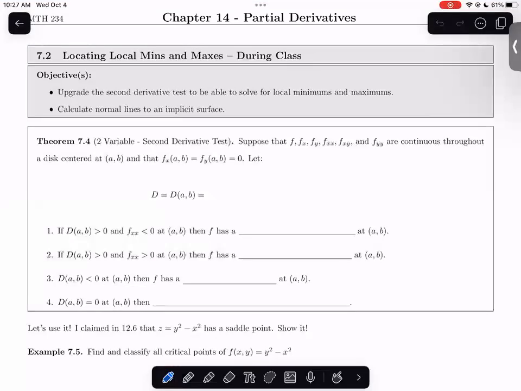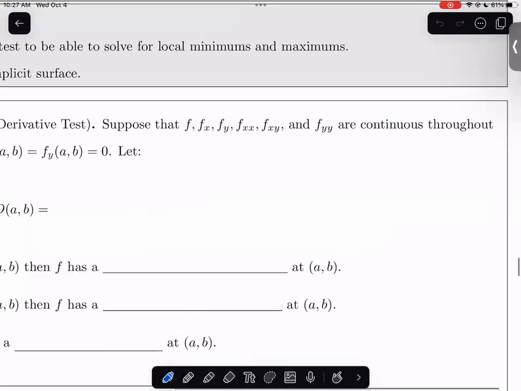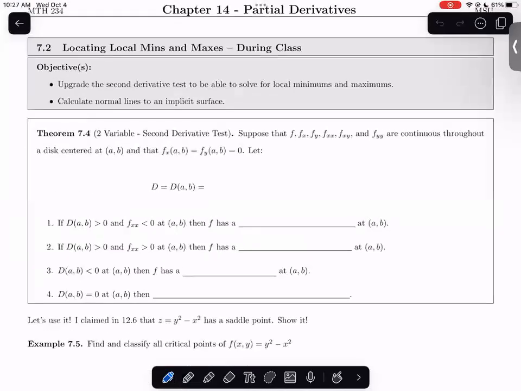All right. So then here is our second derivative test for a two-variable function. You need to have a relatively nice function. That is, the function itself and its first order and second order partial derivatives should be continuous on a disk centered at the point of interest. Then if you have a critical point, and it's one of these nice critical points where the derivative is 0 in both cases, not where it's undefined,